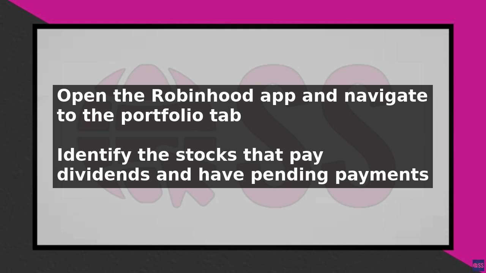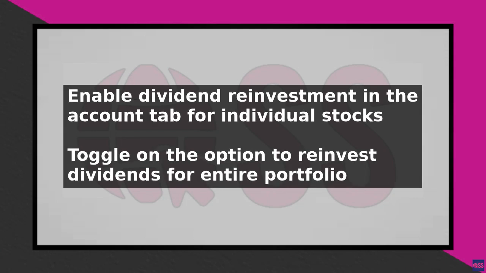Here, you can toggle on the option to reinvest dividends for individual stocks or for your entire portfolio. If you choose to reinvest dividends for individual stocks, you will need to toggle on the option for each stock separately. Once you have enabled dividend reinvestment, Robinhood will automatically use the dividend payments to purchase additional shares of the